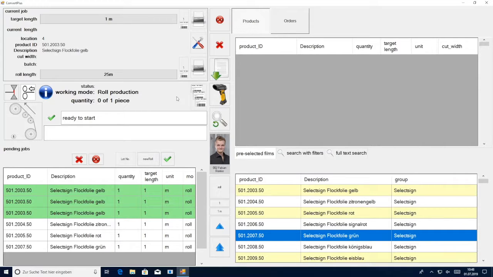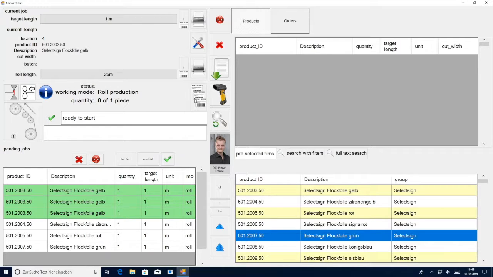This button right here below this printer allows you to select the labels you need for each job. For example, right now it is set so you get labels for every job that is converted. However, if you were to do a sheeting, you may not want a label for every sheet that is produced. If you click the button, it will switch to the single label mode, only producing 1 label for the sheeting job. You are also able to select no label mode, which will prevent the printer from printing a label after the job is completed.